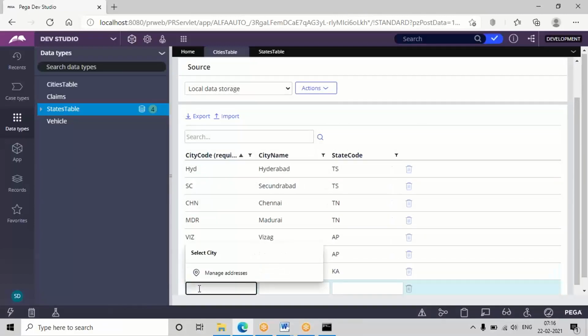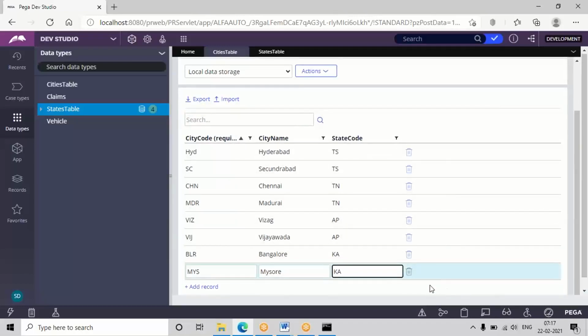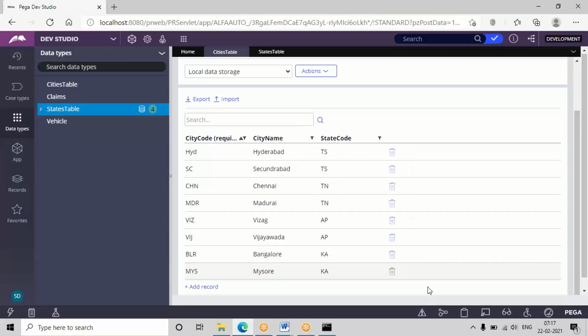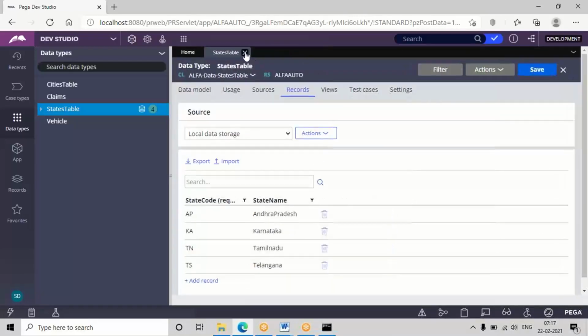Okay, you can give your own set of records, no issue. Actually, for each state two sets of records are given, so we can execute the filter condition after the report definition or after the data page is defined. So you can just add some set of records. Now you can close these tables.